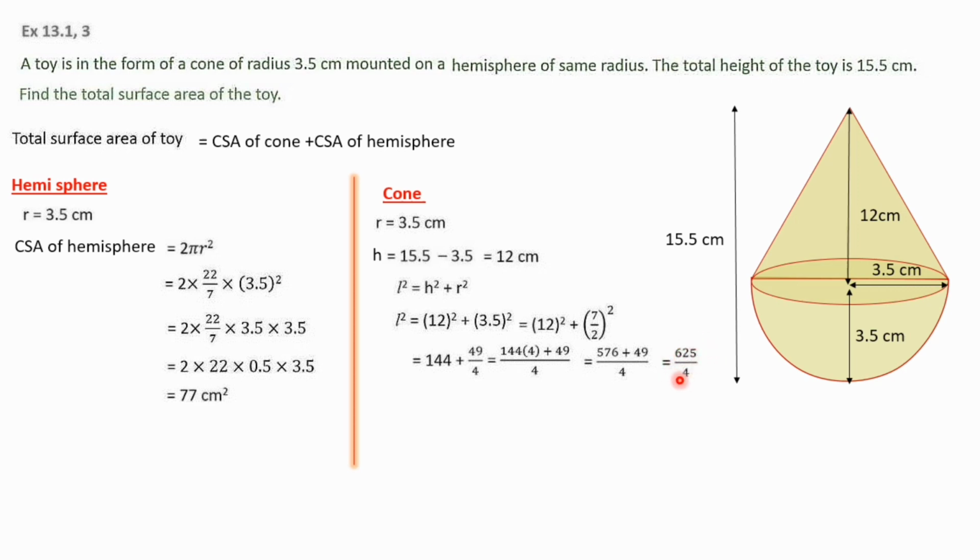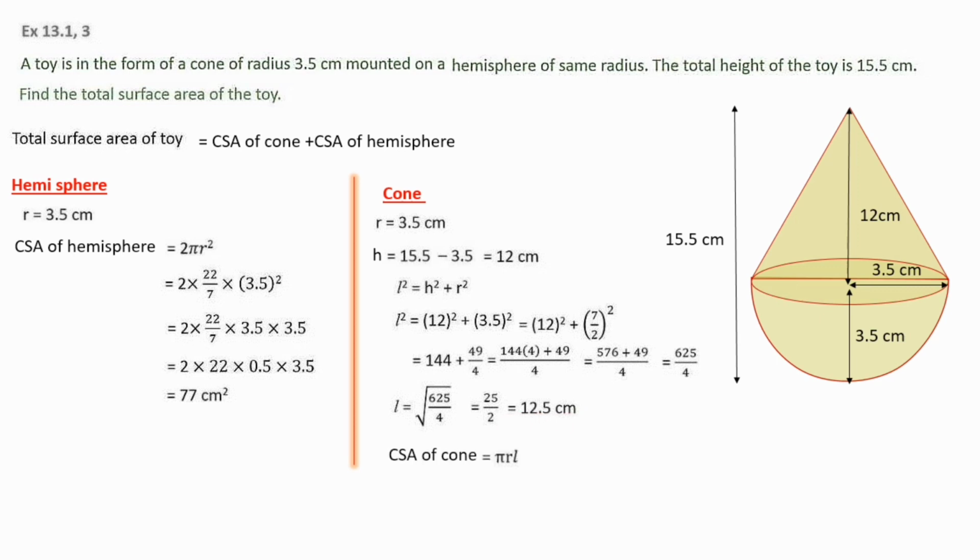So this is the purpose. So here you see both numerator and denominator we got perfect square. For that purpose only we have written 3.5 as 7 by 2. So this is easy way of calculation. Then when you calculate L from here, square root of 625 by 4, that is equal to square root of 625 is 25, square root of 4 is 2. So 25 by 2, we know that half of 25 is 12.5 centimeter. So all the required measurements we have got.